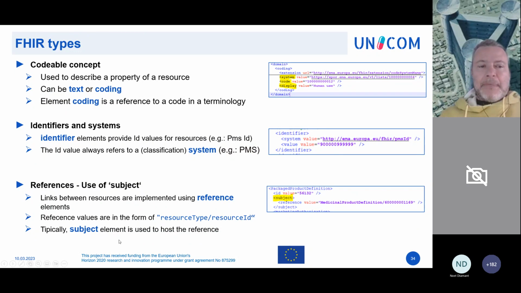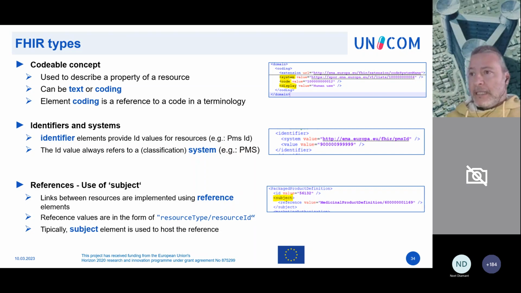The next element is an identifier. Identifier is somewhat similar to the coding value, but the difference is that in this case, the value can be any possible value, as opposed to the code, which is always a value from a dictionary of predefined values.